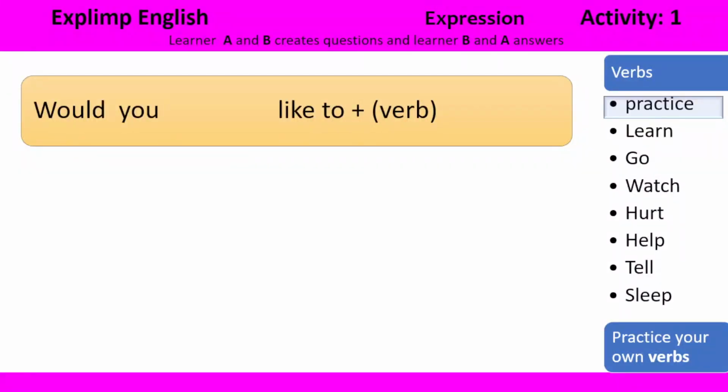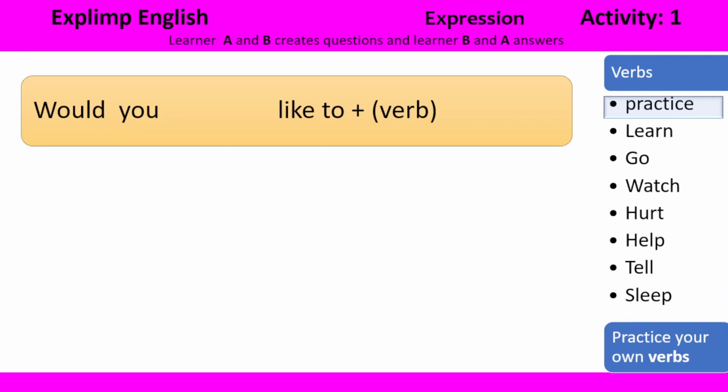And this is the phrase: would you like to plus verb? Now here, we don't want to see the grammatical aspects of this phrase. We just want to put our verbs into the place where the verb is written. You see, at the end of this phrase, there is to plus verb. So what we do, we simply pick up a verb from the right side and put it here, and then we could add some sort of object, any noun or pronoun, or the rest of the sentence, and we could create a question. And then based on this phrase, we could also create negative and positive answers, right?